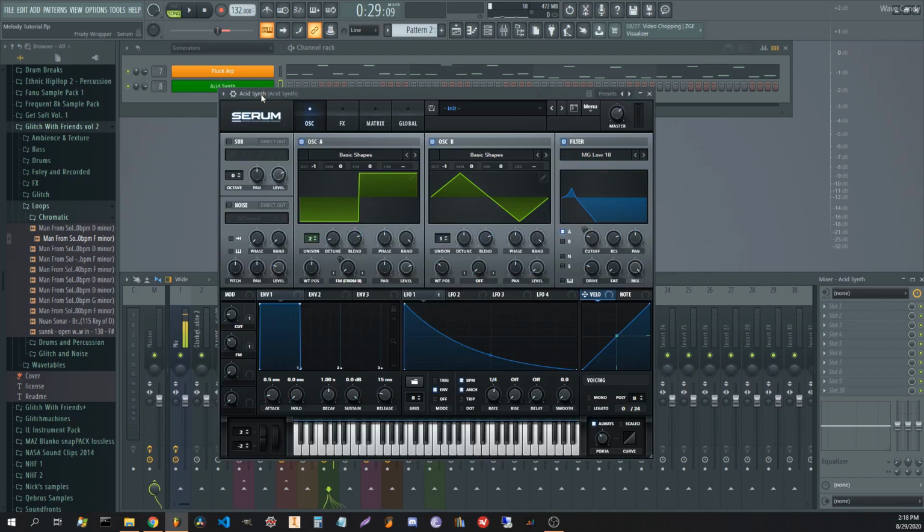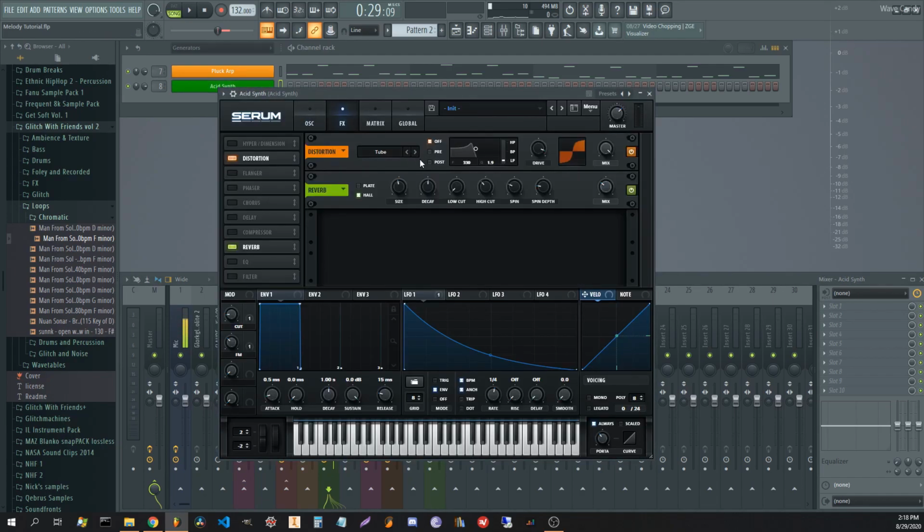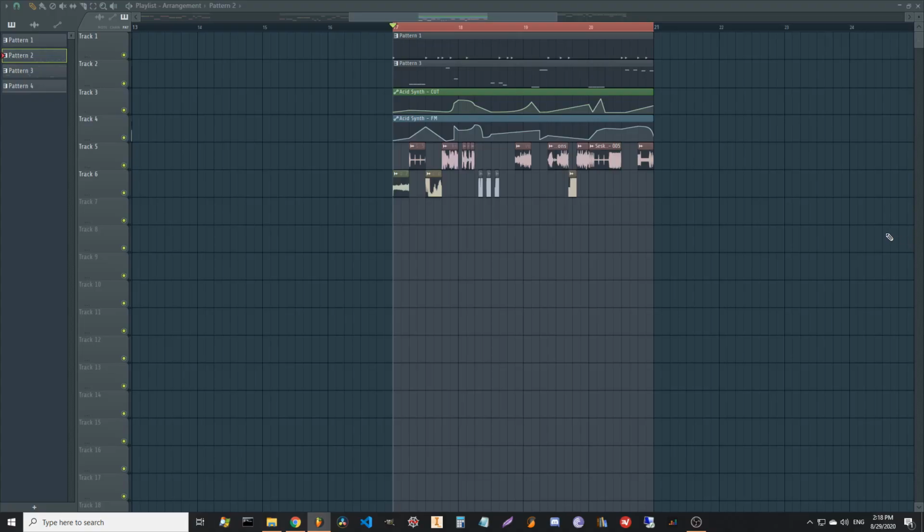Oh yeah, and then I'm also running it through some regular old saturation, a pretty fat tube distortion, and then just a bit of reverb, the ye olde tried and true. And so the sound design elements that I have here, all the glitches,